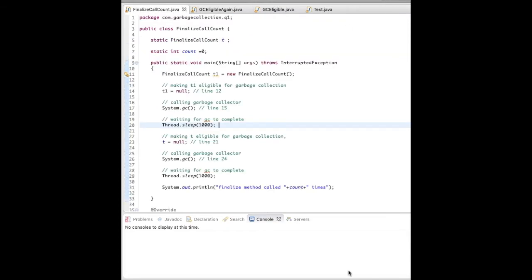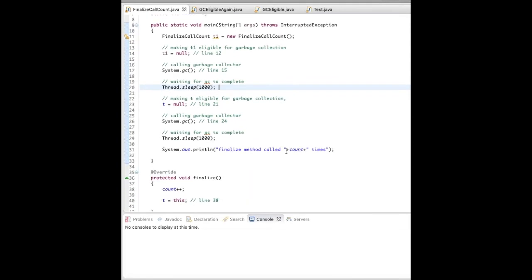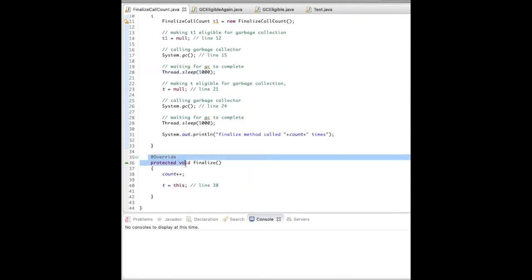For example, we will just go through the finalize method which is provided by Java, and this finalize method is called when garbage collection happens for an object. So we can override this finalize method in every object which we are using, and actually this finalize method is used when you suppose you have some resources, some connections which are opened, and now your object is eligible for getting garbage collected, but you haven't closed them. So in the finalize method you can do that and handle it.